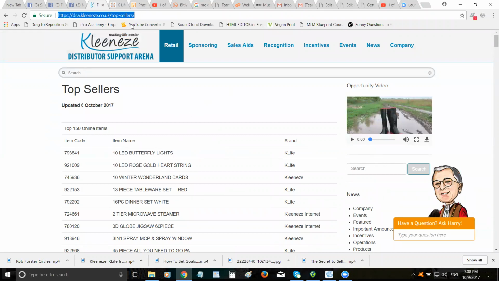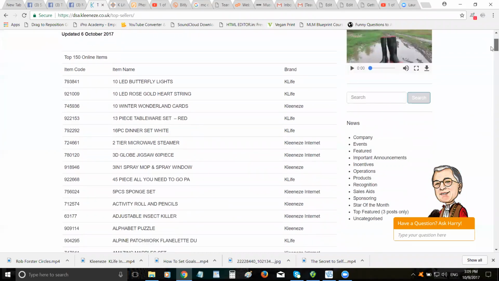our support site. And here you will see, first of all, on the left-hand side, we have the item codes. We then have the descriptions, and on the right-hand side, we have the brands. Now, today we're going to focus on K-Life branded products that have a stock level of 100 or more, and that cost £8 or more in value. The reason for that being it's daft selling products for £2 or £3 because the profit just isn't worth it